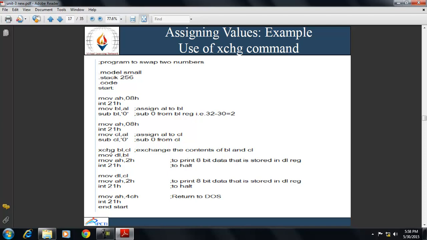Now we use exchange BL, CL to exchange the values of these two registers. Then one by one we move the values of these registers to the DL register and print the value of DL by using AH 2H with the int 21H function.